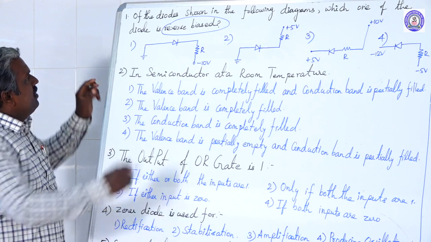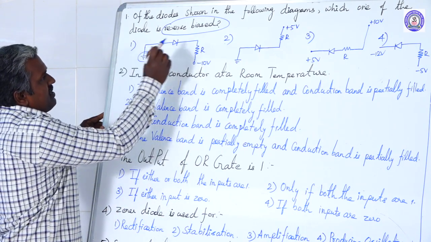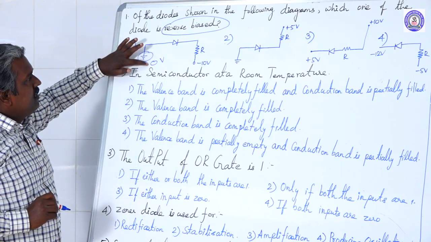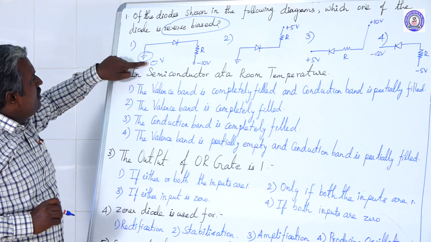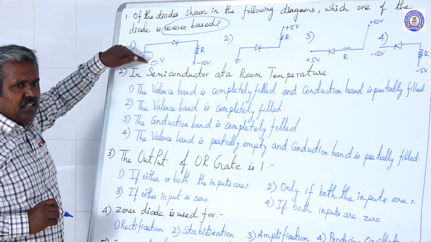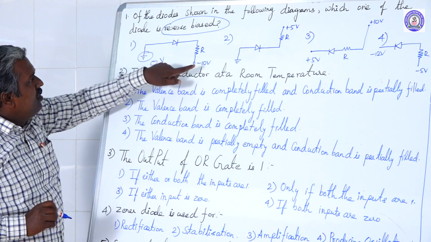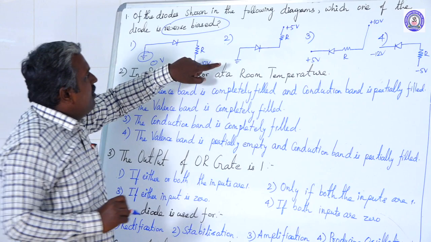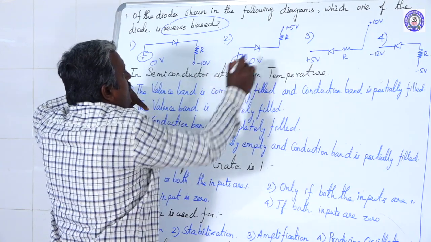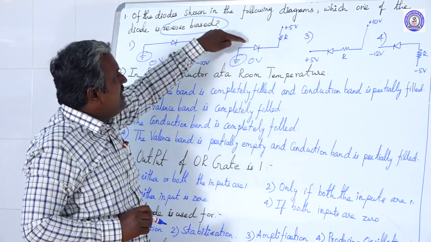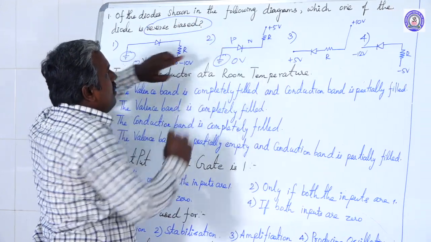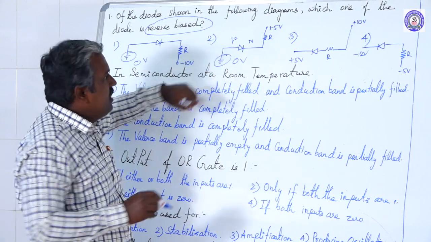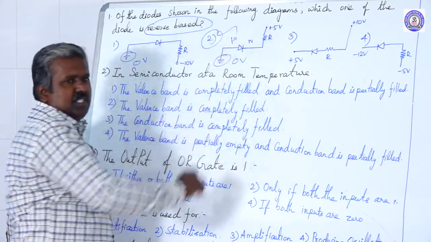So first option, second, third, fourth. What is the meaning of this earth? 0 volt. Okay, minus 10. So when we compare minus 10 volt, this is high in P side, low in N side. So this is called a forward bias. Then 0 volt, low in P side, high voltage in N end. So that is called a reverse bias. Okay. So second option is correct.